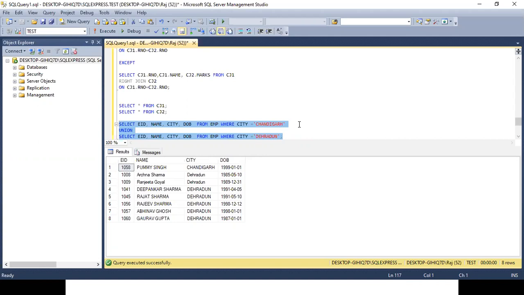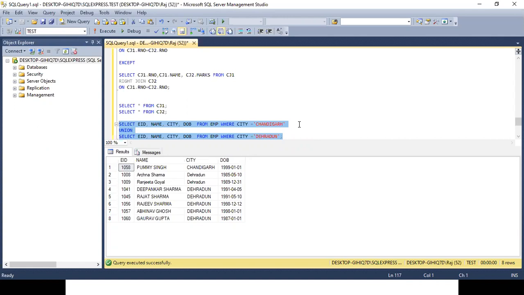In the first query there are 4 columns, so the second query should also return 4 columns. Second, the data type should also be the same. Third, the name of the column should also be the same. In one line, the structure should be the same.